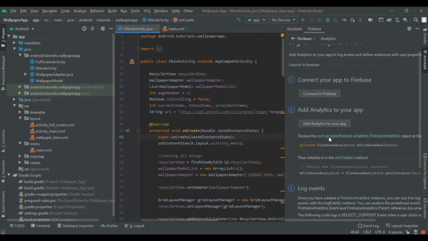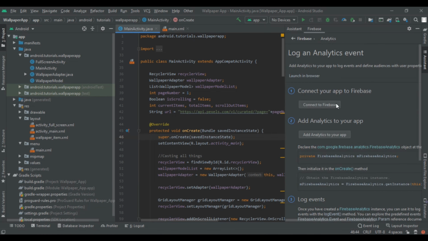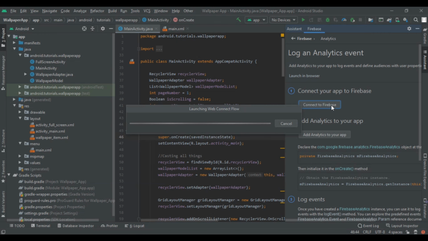Now you will find this first button of connect to Firebase, so click on that. By this we will get automatically connected with Google Firebase, so it will launch one window from our default browser. This may take some time, so wait for it.